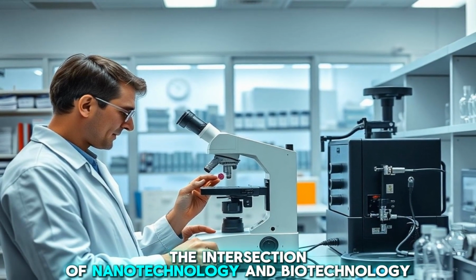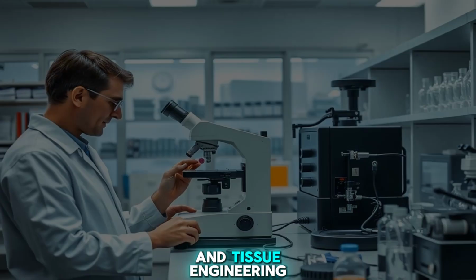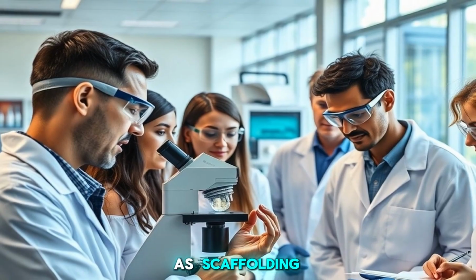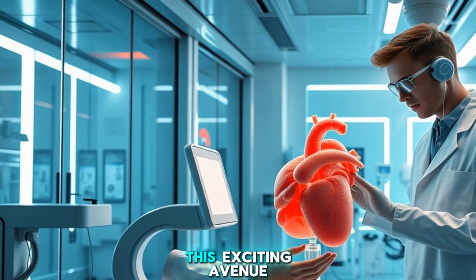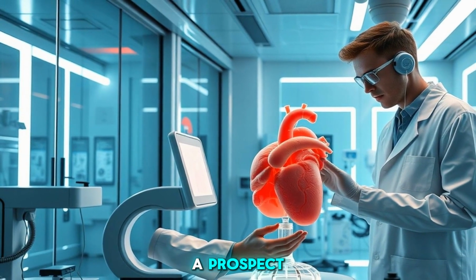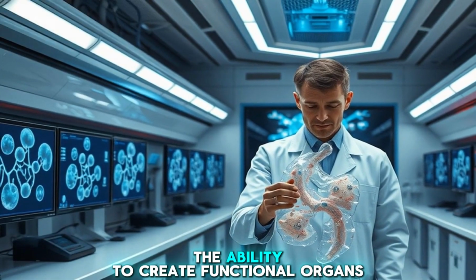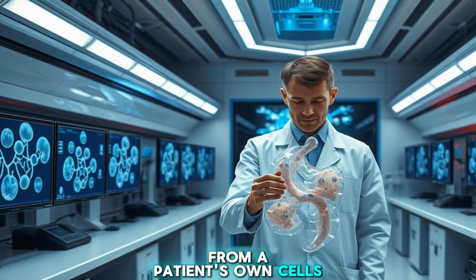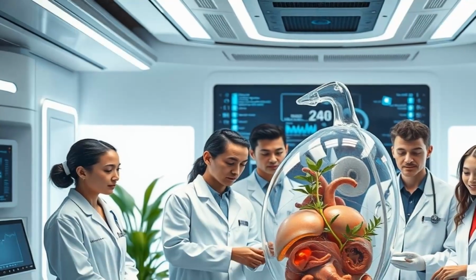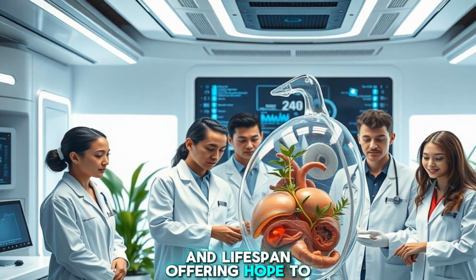The intersection of nanotechnology and biotechnology is also fostering exciting revelations in tissue engineering. Scientists are now exploring how nanofibers can act as scaffolding to grow new tissues. This exciting avenue holds the possibility of regenerating damaged organs, a prospect that could render traditional organ transplants less necessary. The ability to create functional organs from a patient's own cells would eliminate the risk of rejection and the need for lifelong immunosuppression. Such advancements could redefine the limits of human health and lifespan, offering hope to those with organ